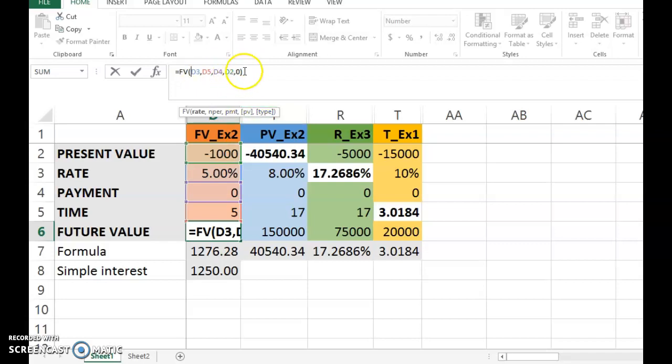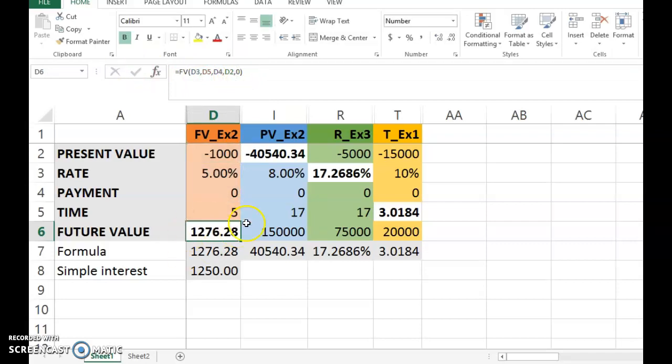So once you have done that, then you close the bracket and then you just click OK, and you get this value 1276.28, which is exactly the same answer. It gives you a very precise answer. Okay, that's solving using the spreadsheet, future value. Alright, you can also solve this using